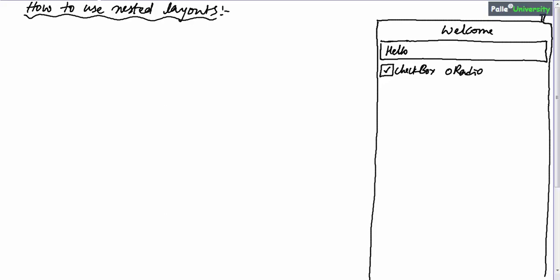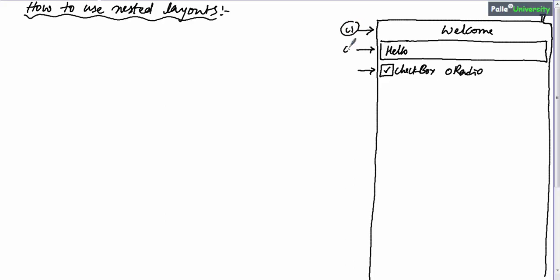But if you observe carefully, this screen design contains 3 rows. This is the first row, which contains only one element. This is the second row, where we have only one element, that is one button. Whereas the third row has multiple elements. So element 1 or child 1 is a text view.